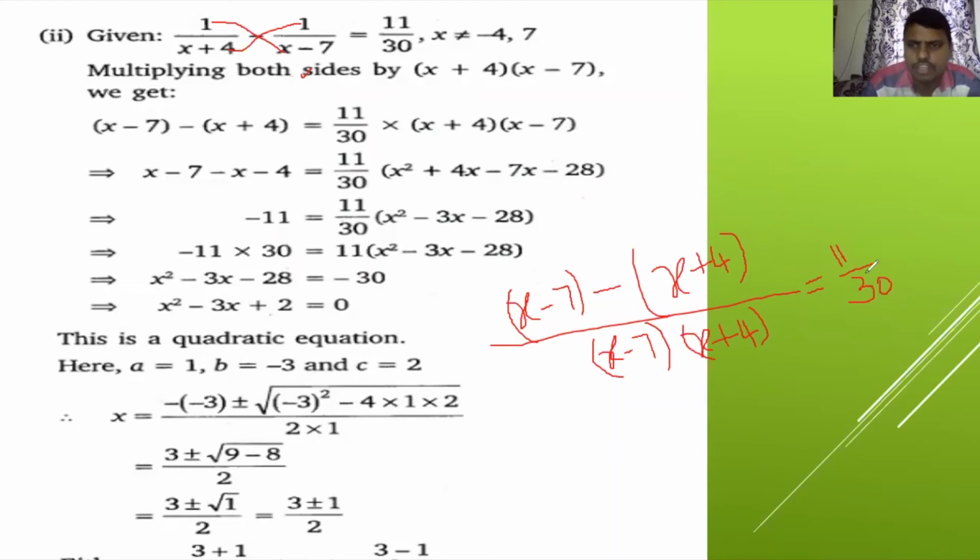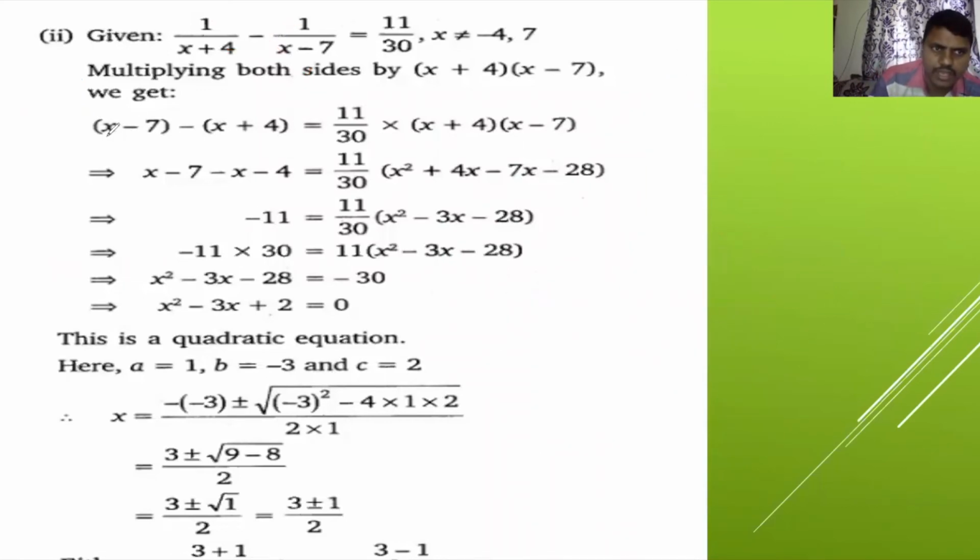I'll explain. Children, first copy this sum. First copy this line, only this step. Take the LCM. Joseph, you are saying this value is 30. After that, write this line only. Multiply both sides, or otherwise multiply the total value to this side, x minus 7, x plus 4. You'll get the same step. This side the denominator, that side the multiplication. I explained two steps now. This is step 1, after this is step 2.